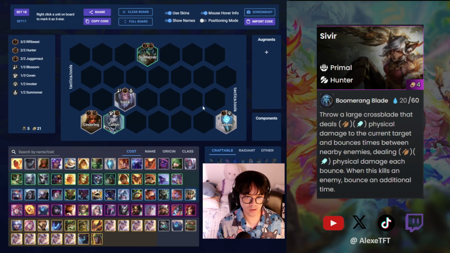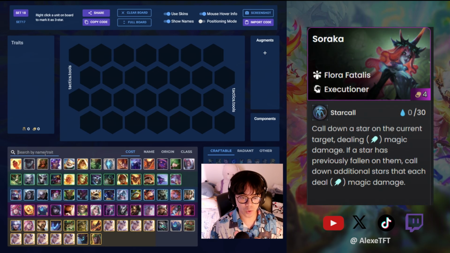So something like this, again, openers are not set in stone. Try to be flexible, play around the strength of your board, try to have an equal balance of frontline and backline. Okay, moving on to our last 4-cost carry that we're going to cover today, and that's going to be